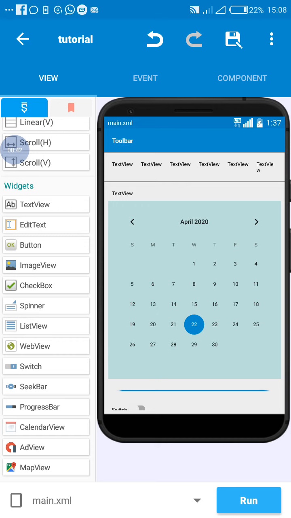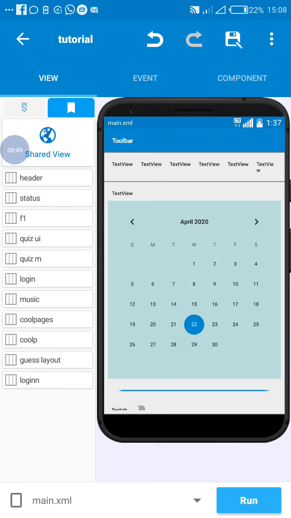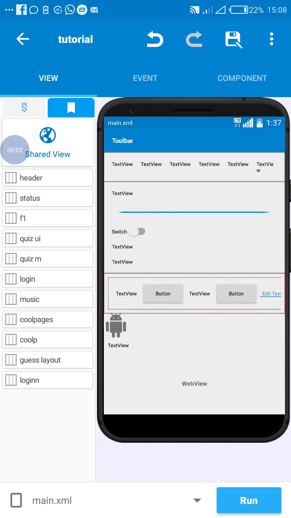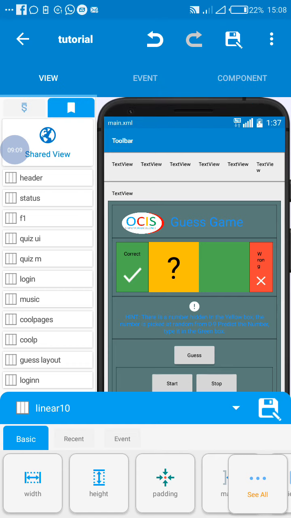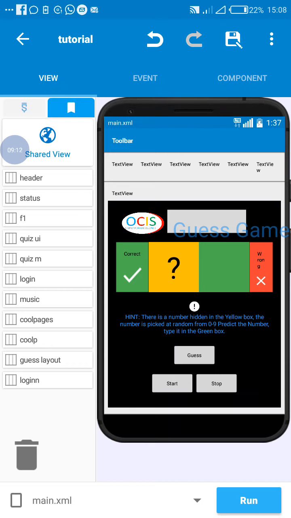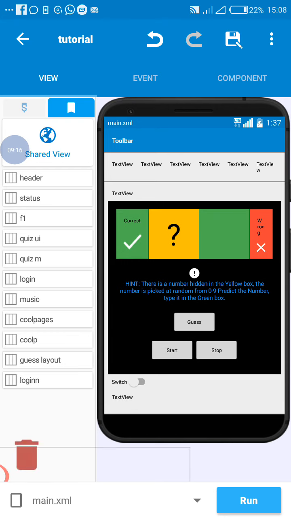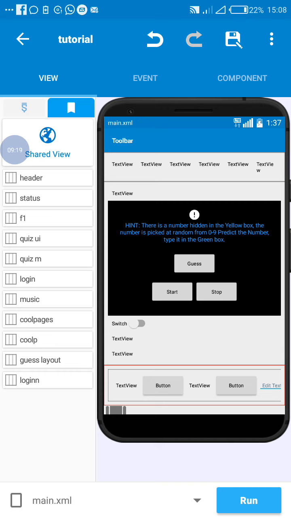interface. You see there is an interface here. This is where you could save your layouts, your design, your front end. You could save them here. So if you save them in a project before, like what you could see here, these are some of the things I've saved in previous projects that I've done. So I could easily bring them here and use them. You can see a complete layout is brought up because that was what I did in the last app that I used. So when you save your